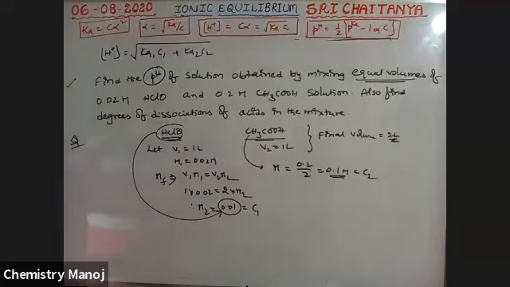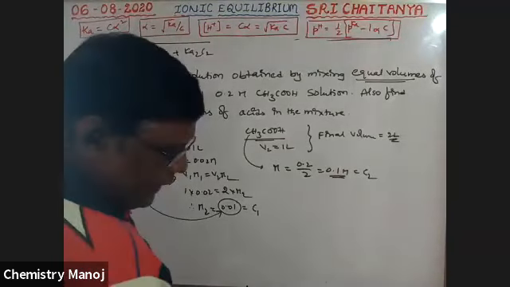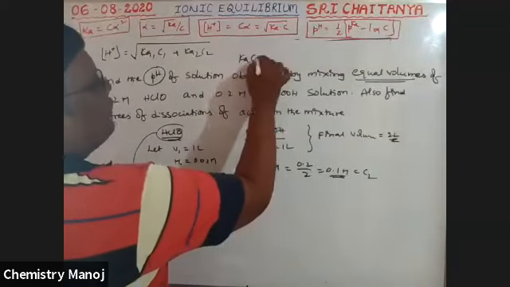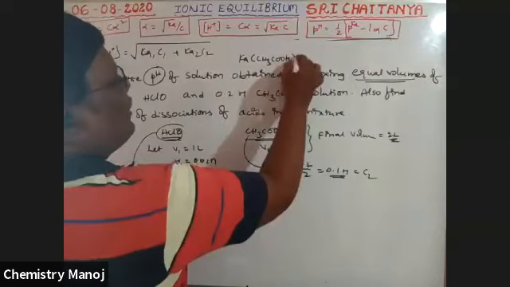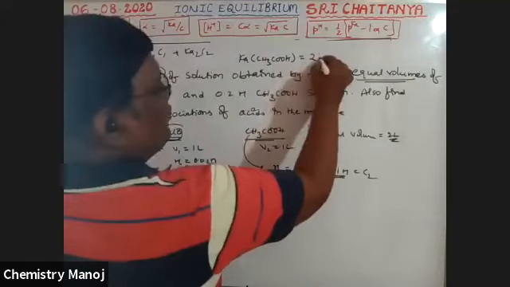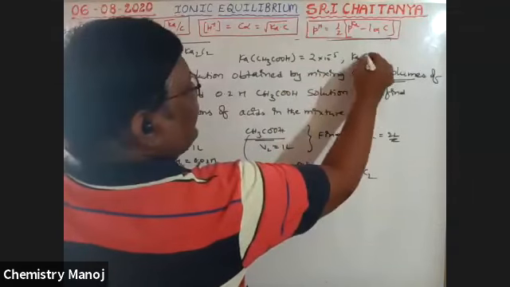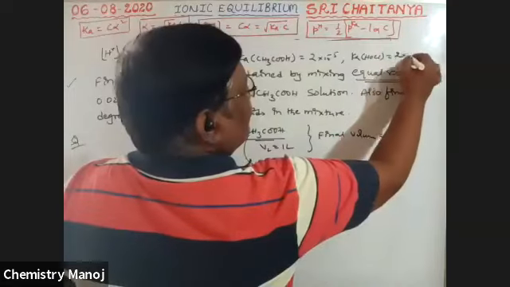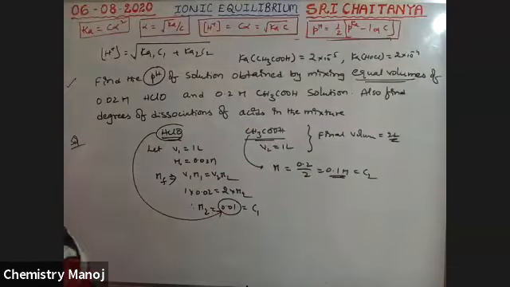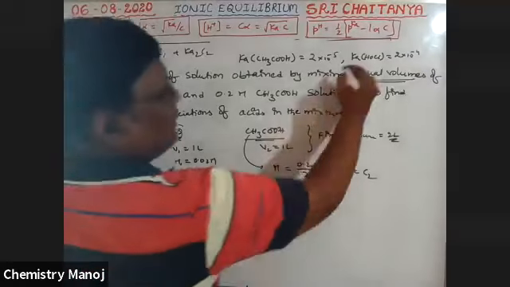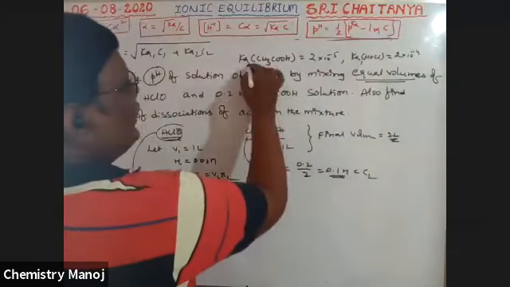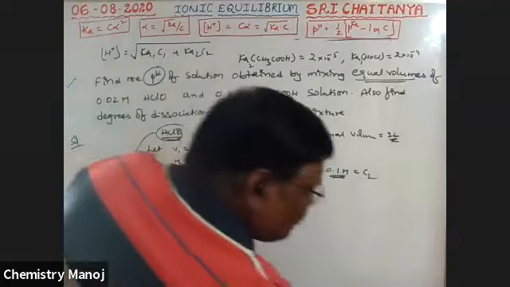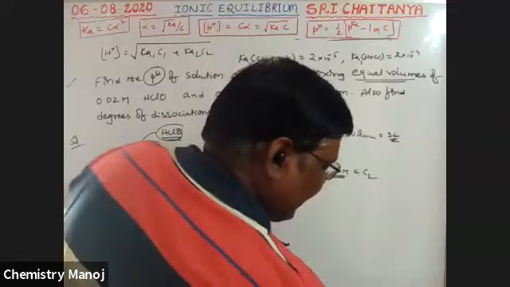Ka1, Ka2 are also given to you. Ka of CH3COOH is given as 2 into 10 power minus 5, and Ka of HOCl is given as 2 into 10 power minus 4. Therefore, this is C1, this is K1, it is C2, it is K2. Apply our formula. Therefore, H plus concentration is equal to under root C1 K1